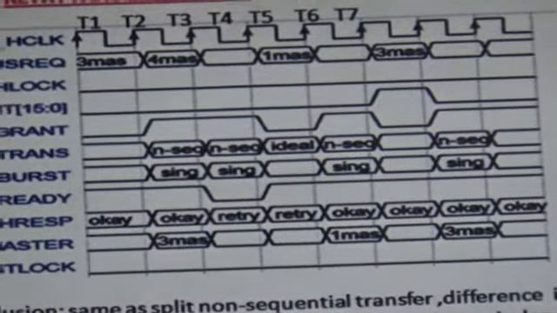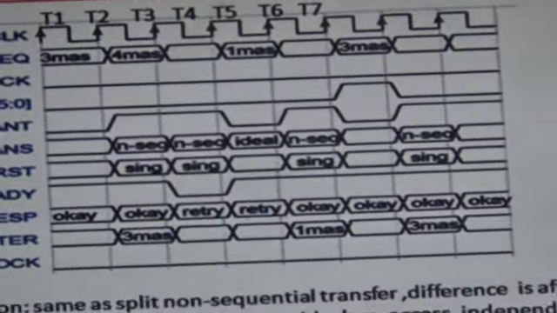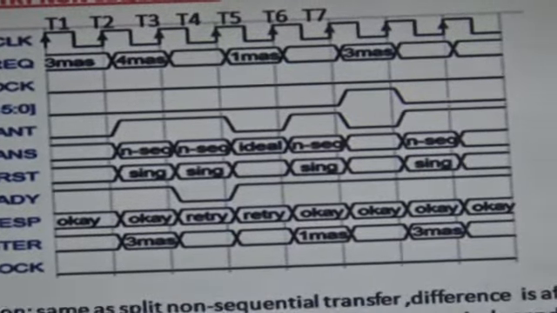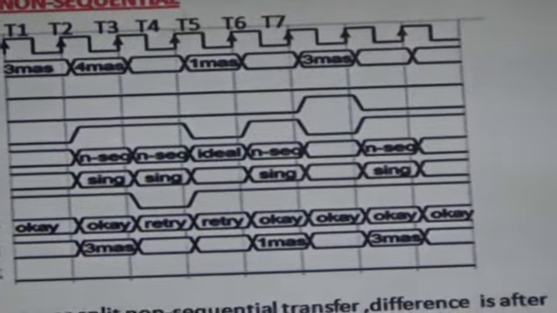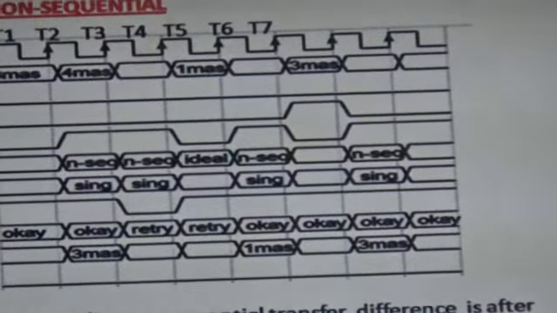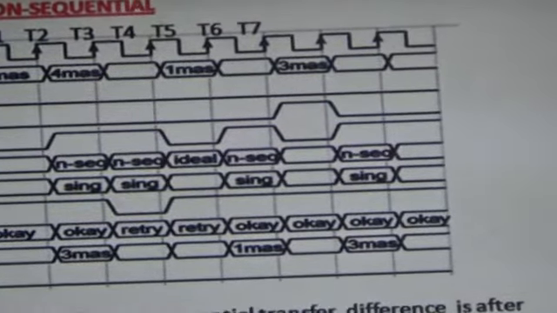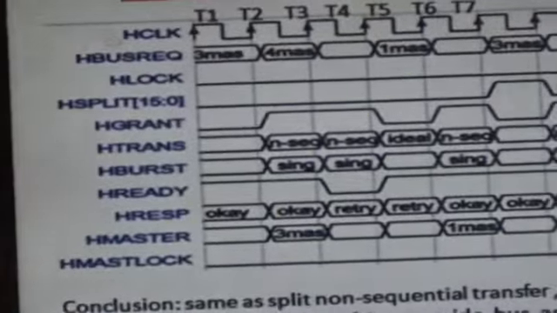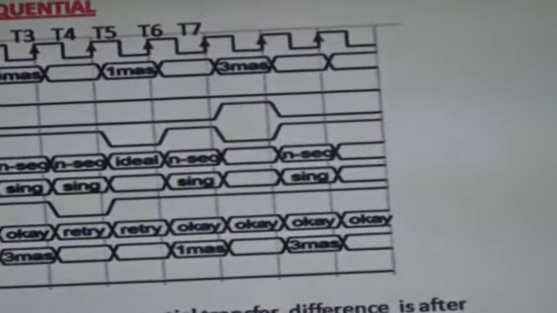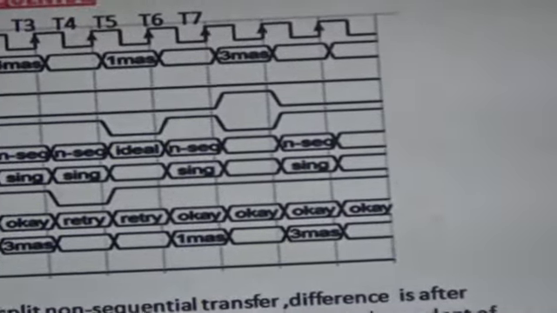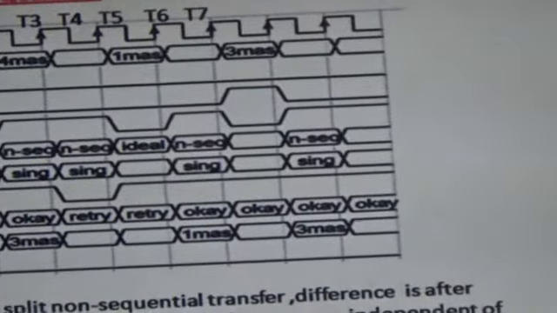Now the masters send the request to the arbiter. The first master has the high priority, and at T5 clock cycle the fifth master is given authority to access the bus. At T6 clock cycle the HSPLITx signal has become high, which shows that now the slave is ready to serve the particular master which had requested access earlier.